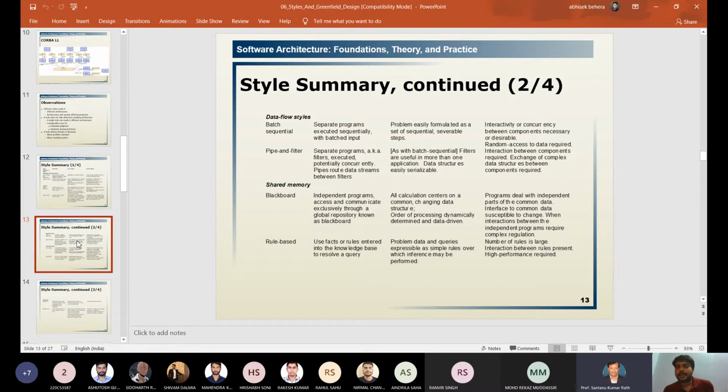Then, when to avoid it? When interactivity or concurrency between the components is necessary or desirable. If there is a need for interactivity or concurrency between the components, then you have to avoid it. Then pipe and filter: separate programs. Already you were told the pipes are the connectors and filters are the